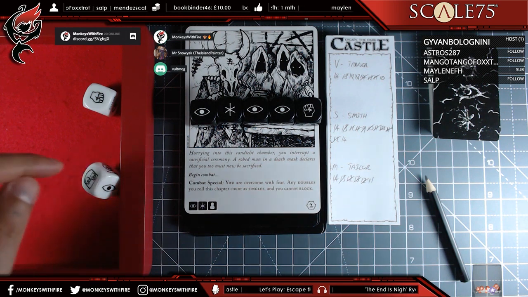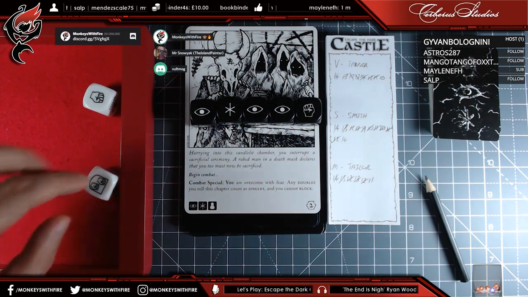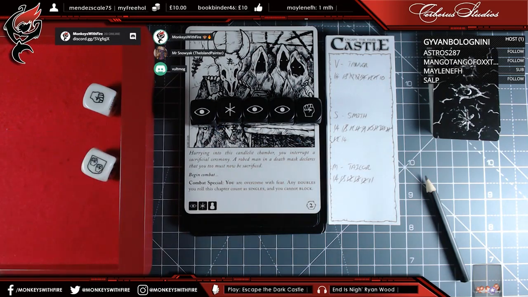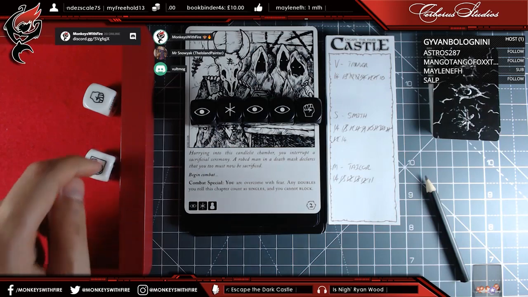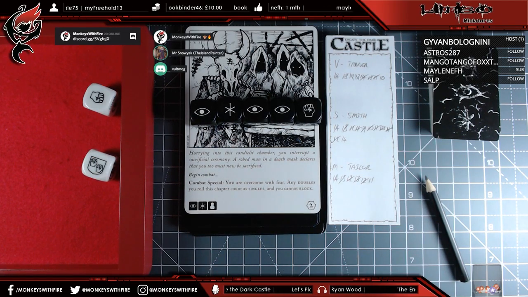Right, well, GM's decision, that's that. But who rolled it? It was the Smith. Ah, disastrous. So, Smithy, that only counts as one fist. Yeah, there is only one. Right, and you can't block. Now,